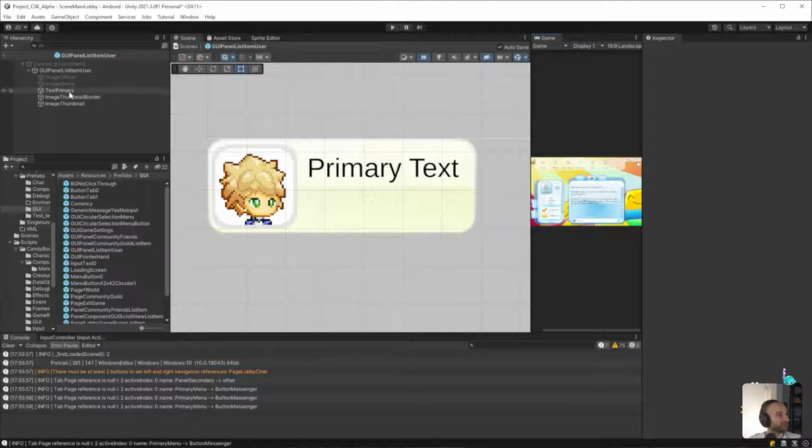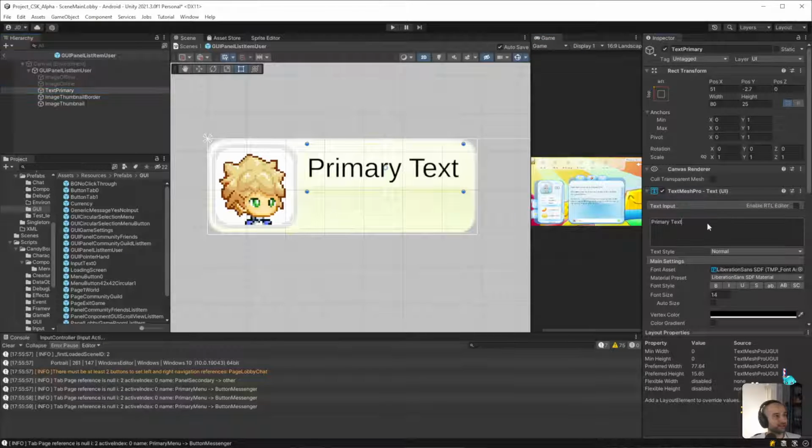Okay, so primary is now going to be, I can change this safely to player name. Oh, you can see it already got cut off. Let's do this instead then. I don't know if that's big enough width-wise. I mean, I could stretch it a little bit more, sure.